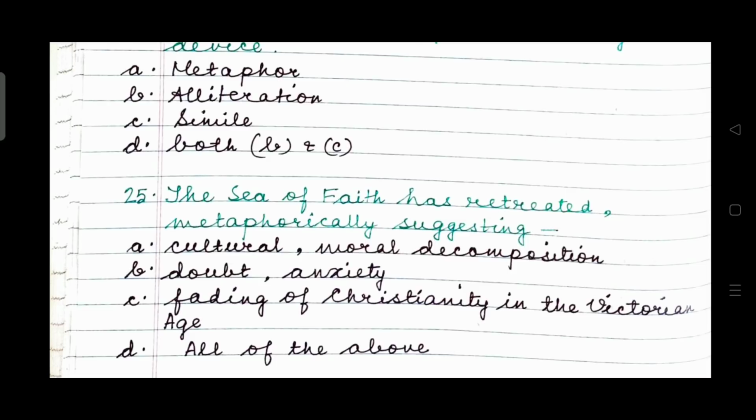sea of faith, and it suggests cultural moral decomposition, doubt, anxiety, fading of Christianity in the Victorian age, all of the above. The right answer is all of the above. Cultural moral decomposition, doubt, anxiety, fading of Christianity in the Victorian age. So D is the right answer. The metaphorical significance of the image of the sea of faith, the ocean of religious belief, and the conviction of